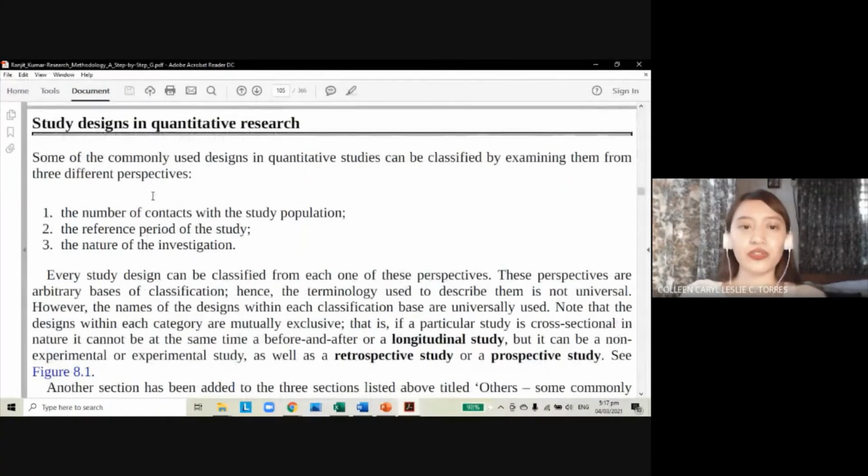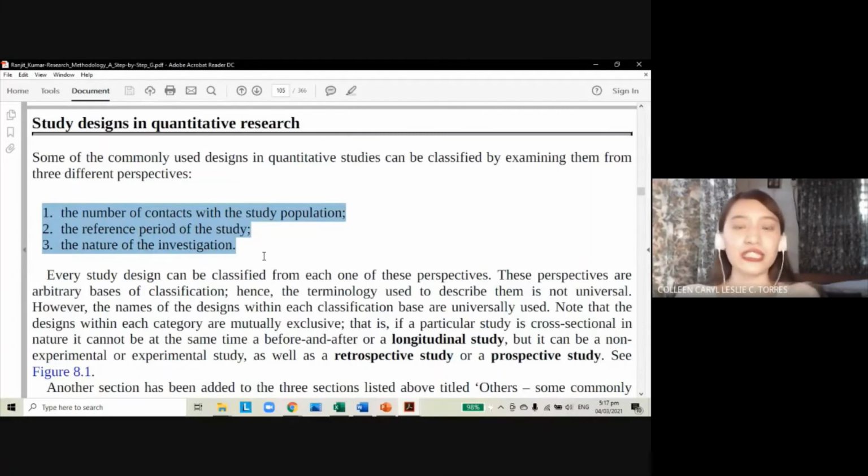Now there are many research designs, meaning plans on how to go about a research study, but the numerous research designs are grouped into 3. And these 3 groupings are the following: the number of contacts with the study population. So when we say number of contacts with the study population, this pertains to how often you